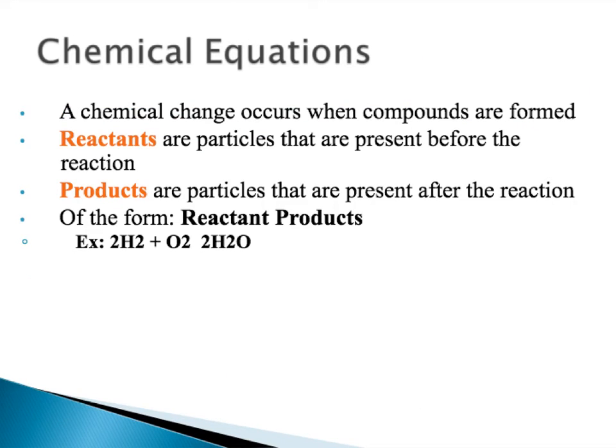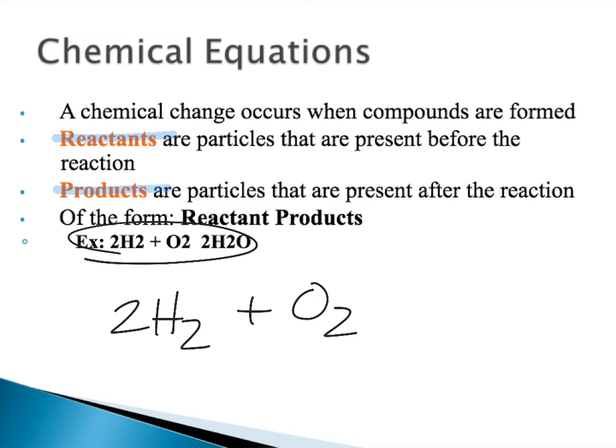So when we talk about atoms interacting with each other, these are chemical reactions, and we write them in the form of a chemical equation. And this vocab, reactant and product, is going to be really important in just a second. But it should be really easy to figure out what's happening here. So I'm going to rewrite this. So we have 2H2, which means I have 2 of this H2 molecule, so I have 4 total, plus O2, so I have 2 oxygen here. And then you have this arrow. I like to think of that as yields. So when I add these 2 together, that's going to give me something. And it's going to give me